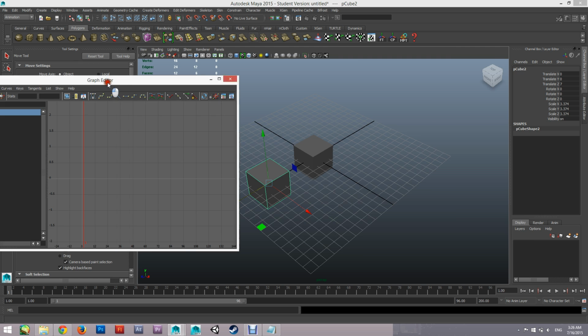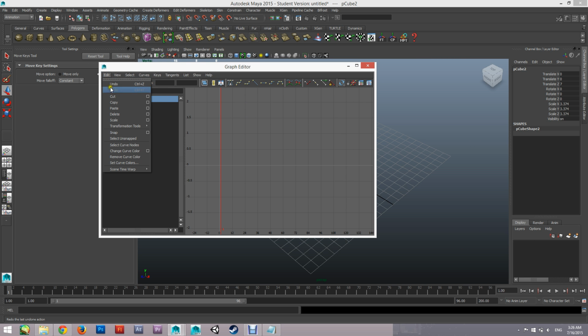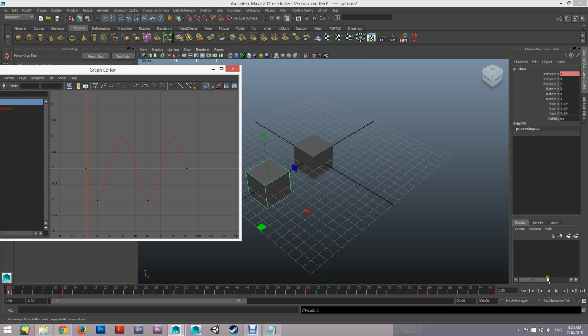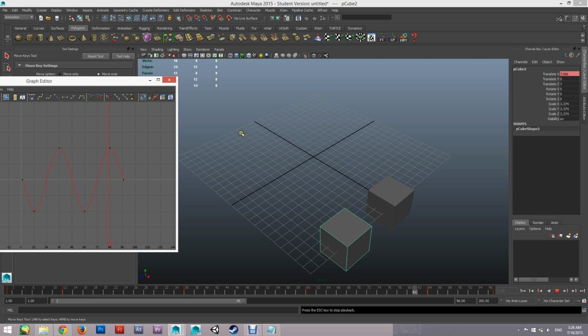You see how it's blank? That's not a problem. Since this is just raw data, it's not object specific. So we're going to go to Edit, we're going to go to Paste. You see we have a perfectly copied curve. And so now both of them will move at the same time in synchronization. Beautiful. Okay, so what we want to do is we want this one to maybe start here instead of at